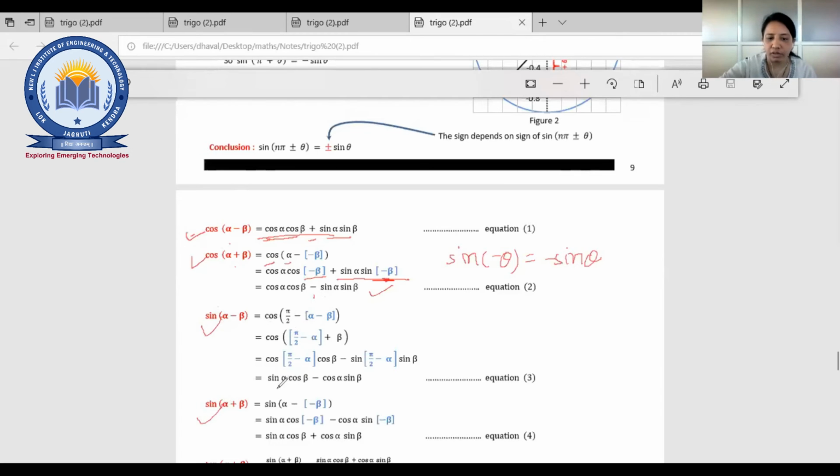See, we know this equation directly. If it is sin, it will be sin alpha cos beta and cos alpha sin beta: one time sin, one time cos, with a minus sign between cos and sin. And if it is cos, then both are cos cos and sin sin. Fine. But here it is just written how it can be derived.